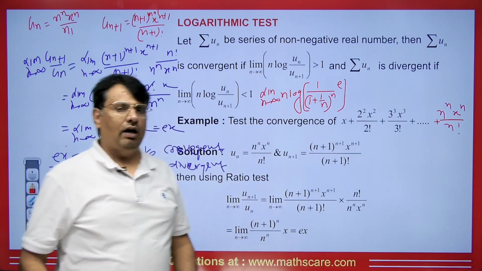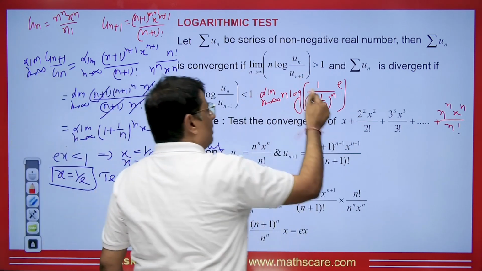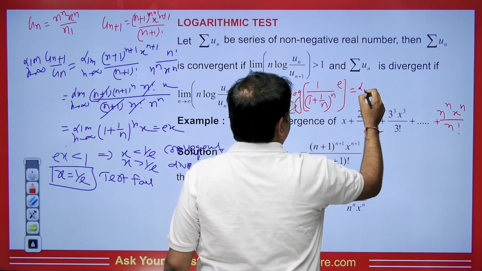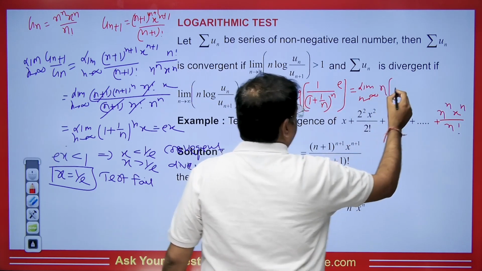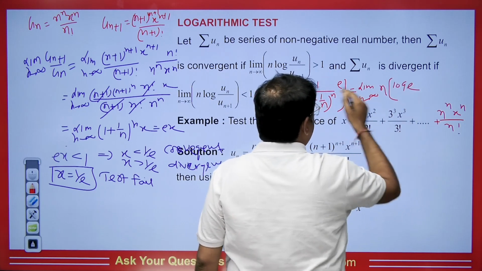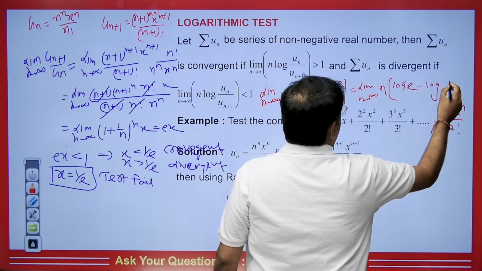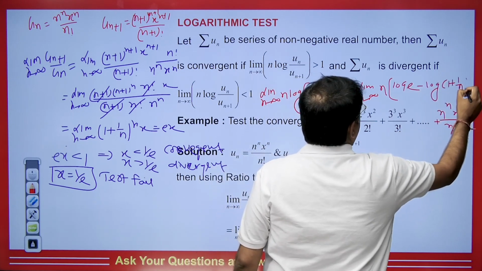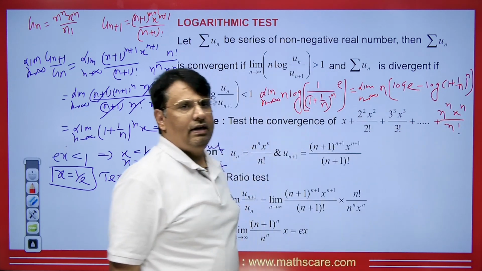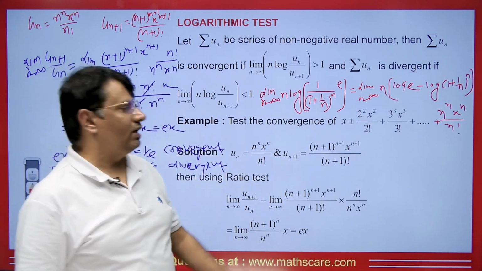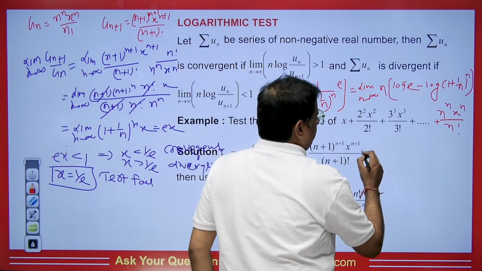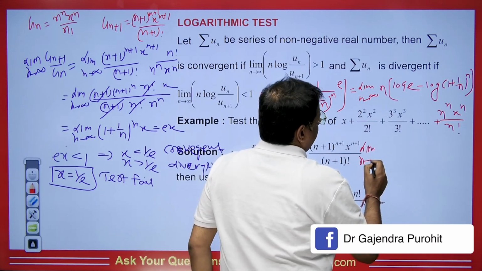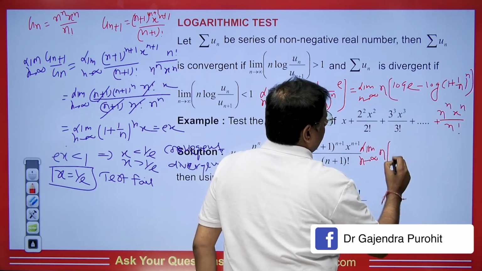Now, what will we do here? We will apply the concept of log(a/b). Then we will get the limit n tends to infinity of n times [log e minus log (1 + 1/n)^n]. Right, students? This will be the value we get. Now, all of us know the value of log e. It will be 1. So we get the limit n tends to infinity of n times (1 minus